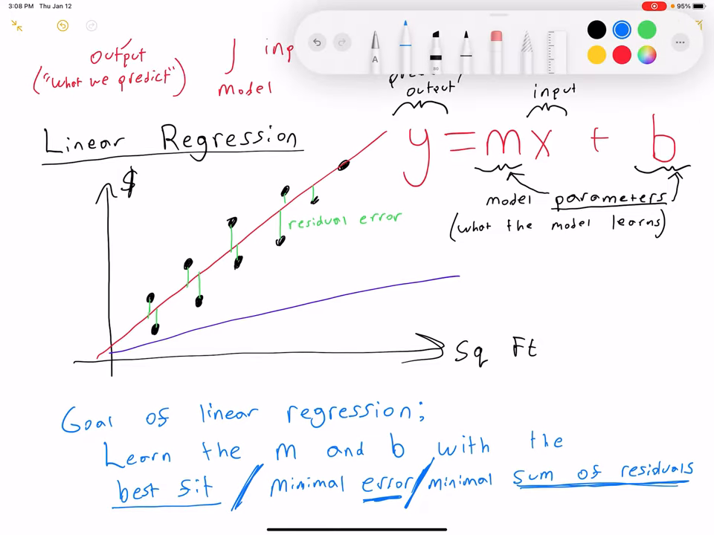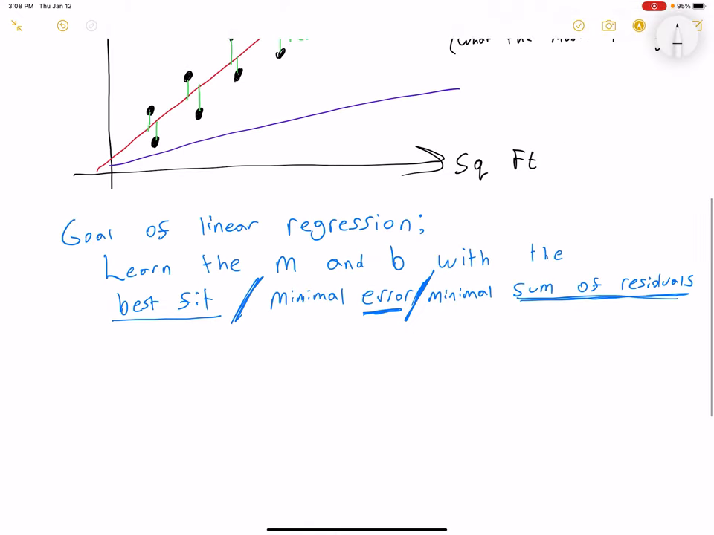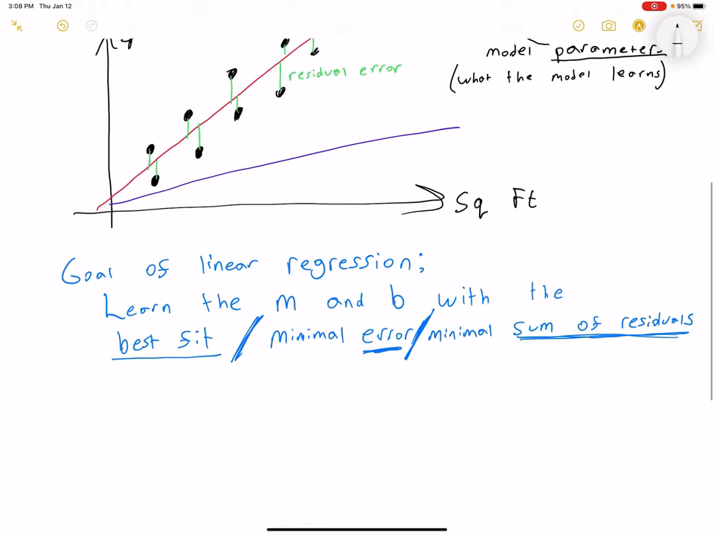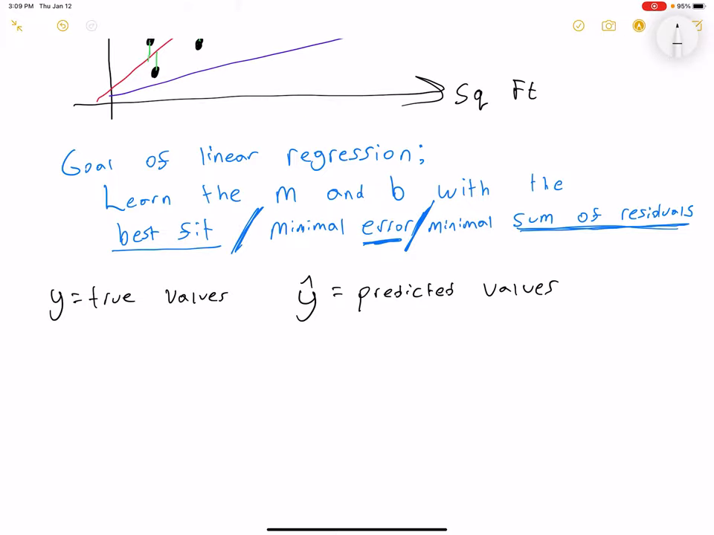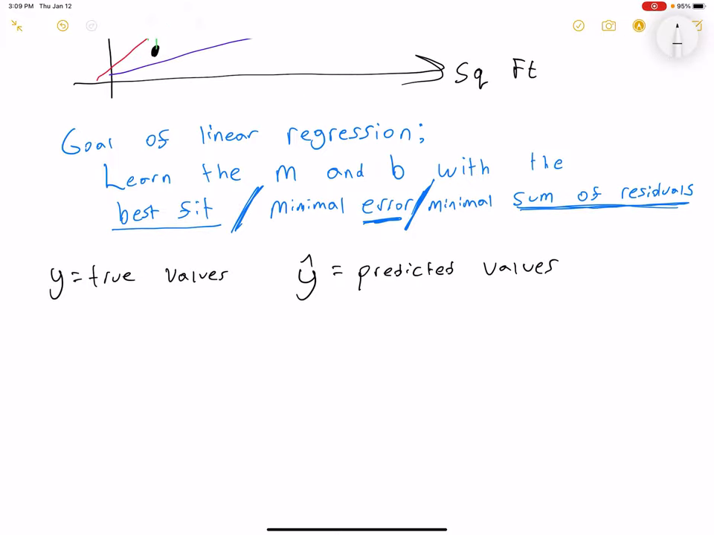So to get there, let's first look at, so last time we mentioned that the true values are represented with y, and y hat represents the predicted values of a model. This is pretty universal in machine learning, it's just notation. So therefore, the residual for one data point,